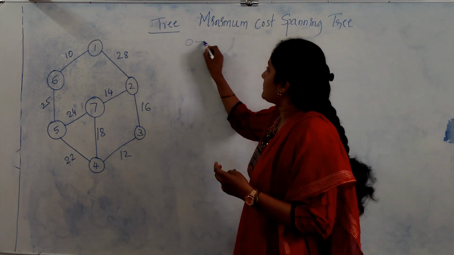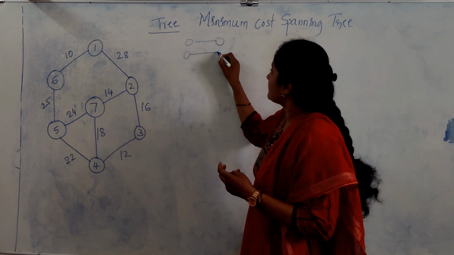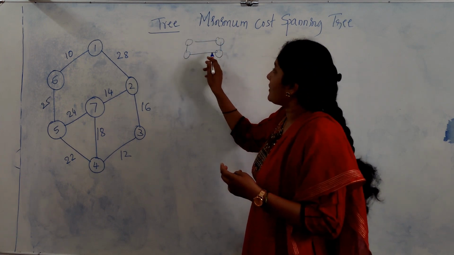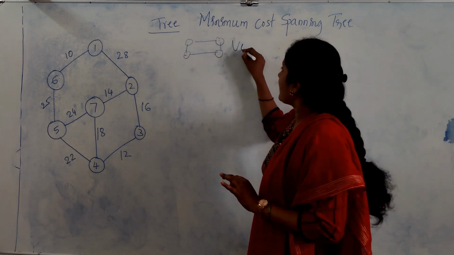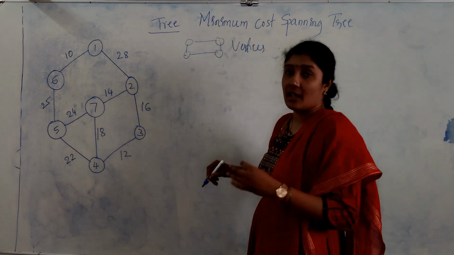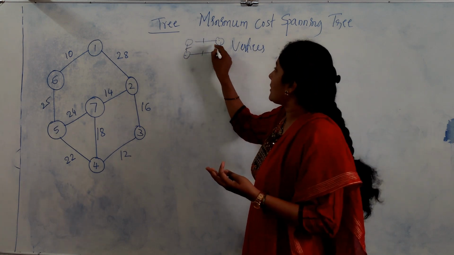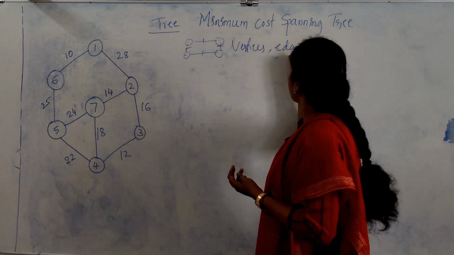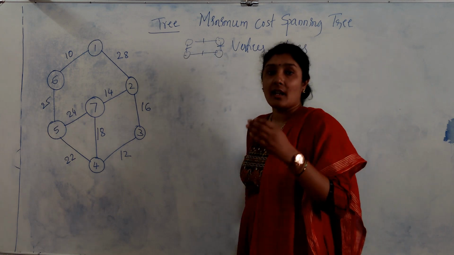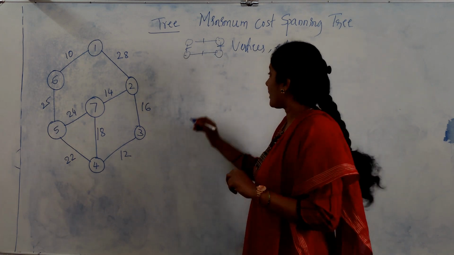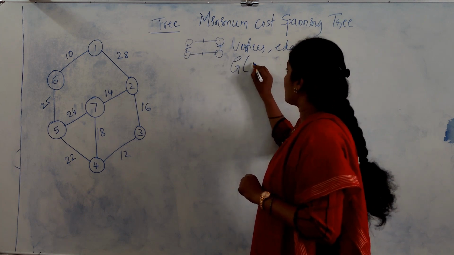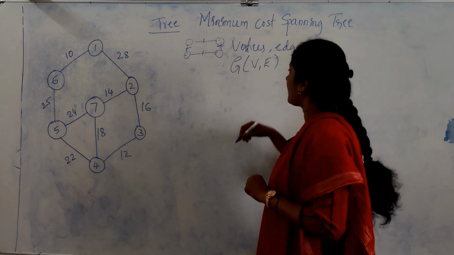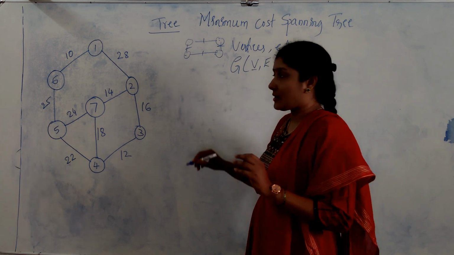For example, okay. See, what is this? This is called a tree. And all these are called vertices, or you can say endpoints. And these are nothing but the edges. So, it is an undirected graph. Okay. See here, and this graph is symbolized as G of V, E, where V is the vertices and E are